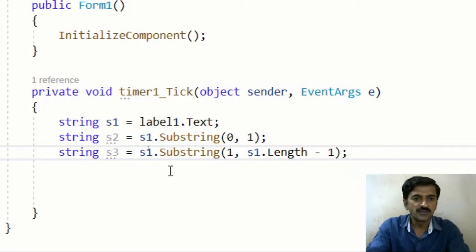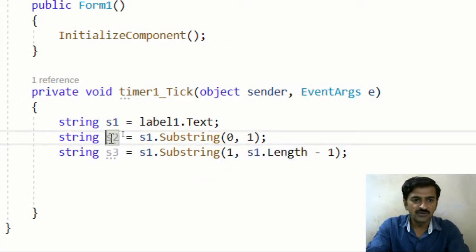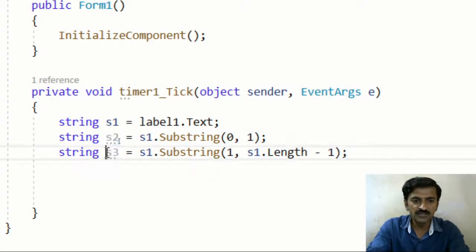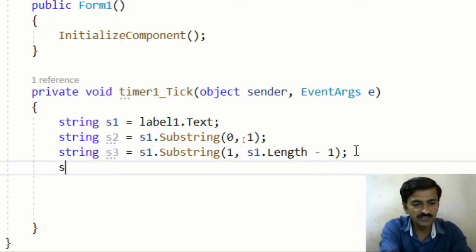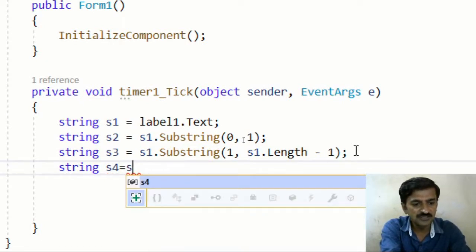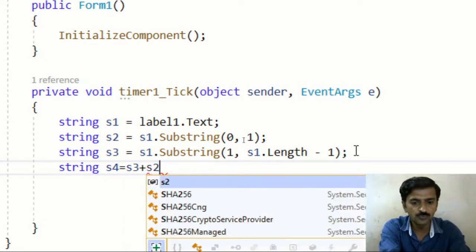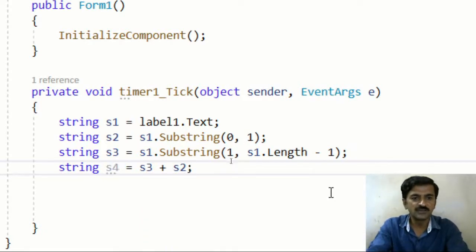So the first character of coxit will be there in s2, and all remaining characters including space will be there in s3. So I'm concatenating these characters in s4 in reverse order, s3 plus s2. So what will happen here?